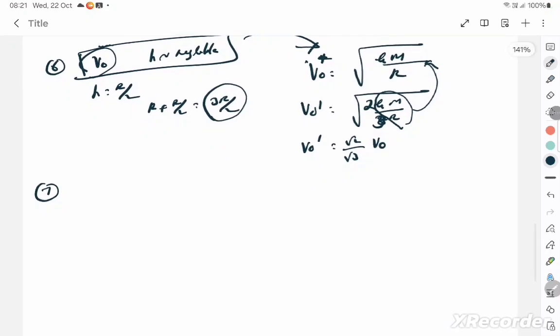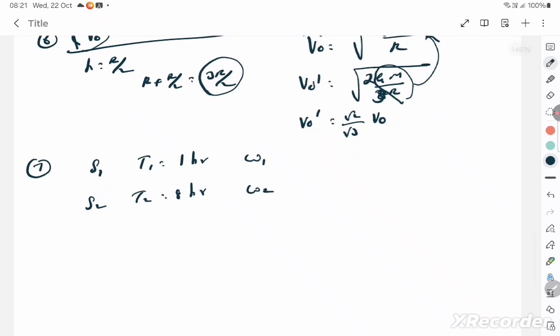Consider two satellites S1 and S2, with periods of revolution. The time period of the first satellite is 1 hour. The time period of the second satellite is 8 hours, respectively, revolving around the planet in a circular orbit. The ratio of the angular velocity omega 1 to the angular velocity of the second satellite omega 2